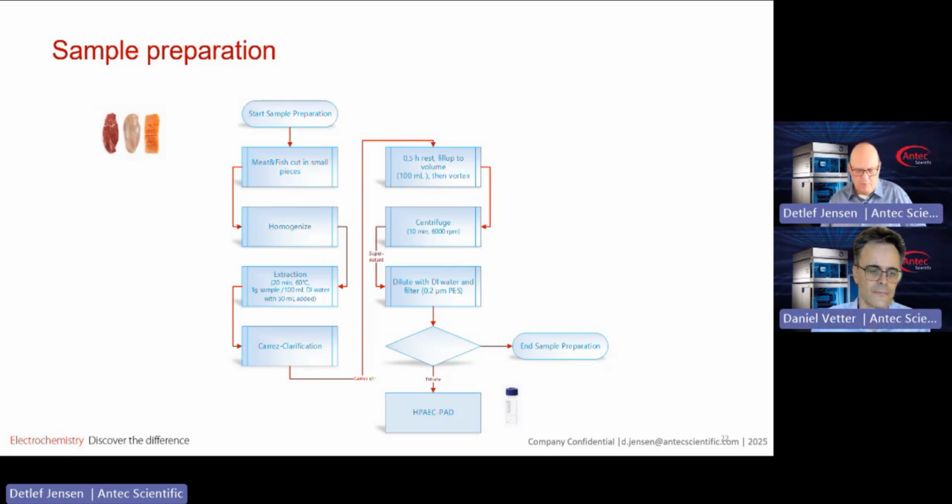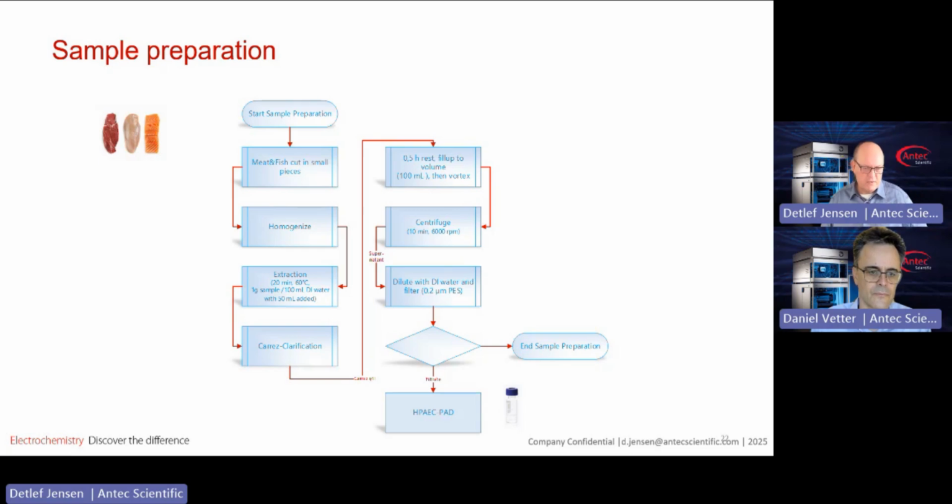Now, a similar complex matrix is basically processed meat dishes, be it beef, pork, or fish. If they are marinated and you are interested in the carbohydrates in the marinade, then you have to do a sample preparation. And how do you do that? It's a complex series of steps that you have to do, and luckily our colleagues in our R&D and application development department already did that for you. So it's a clever way